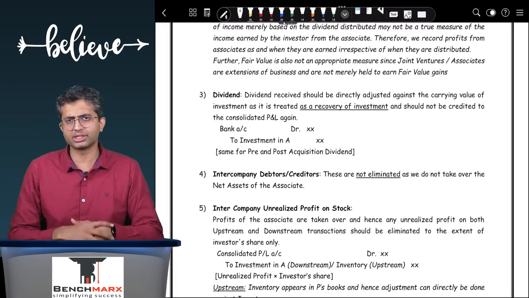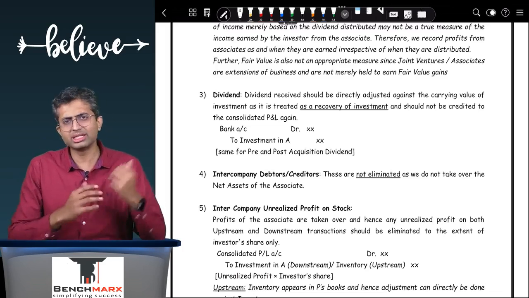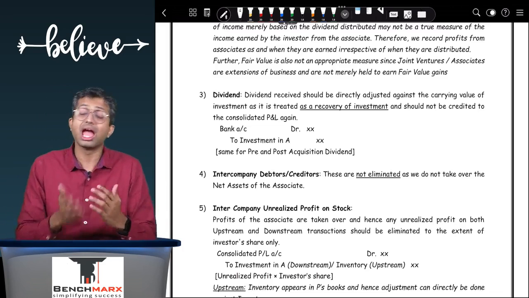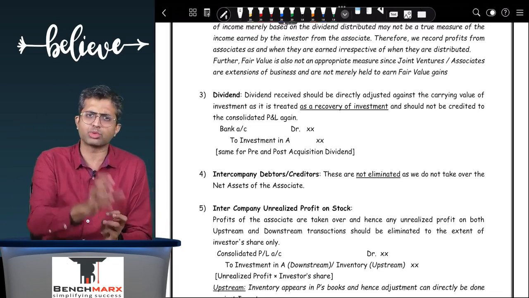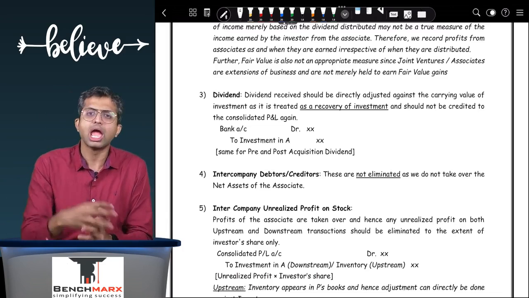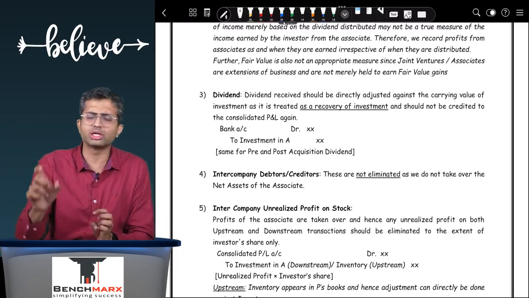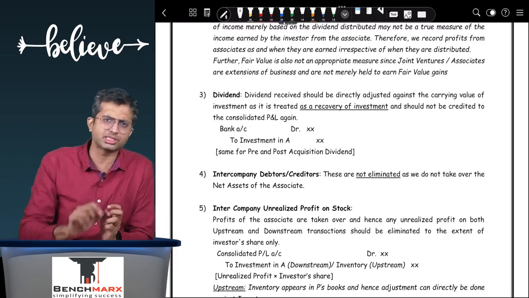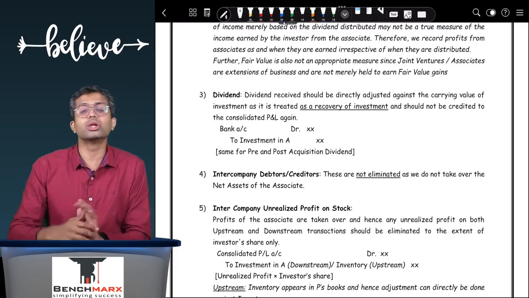As per the most recent institute's materials, in case of an upstream transaction, you will eliminate your share of the unrealized profit. So let us say unrealized profit is 20 and you have a 30% stake. So 20 into 30%, that is 6 rupees, will be debited against the consolidated PNL. The second effect is going against